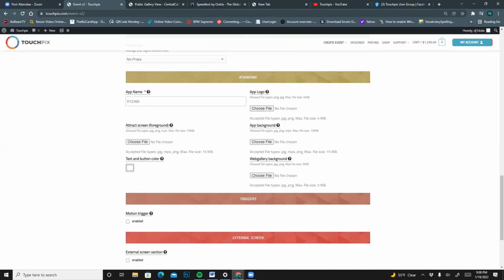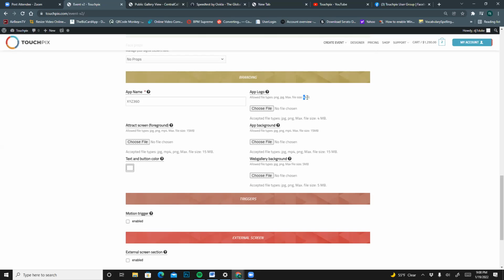This is pretty important, this branding section. These give you options to brand your setup, whether it be your iPad or your iPhone controlling the 360. You're able to put logos into Touchpix to customize it and brand it as your own, right? That way it just doesn't say Touchpix. If you look at some of the parameters here,